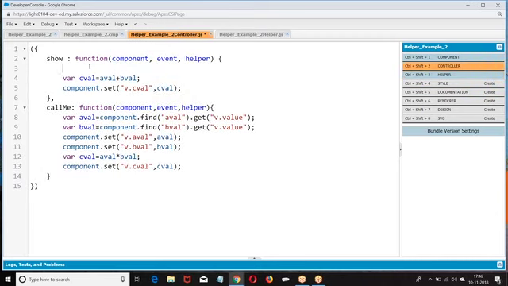Go back to this. So what I was doing here, helper.invoke. Now if you pass the component, whichever component you have passed, from that component, based on the IDs, it is going to read the values and assign the values to the attributes. Now let us run it like an application.